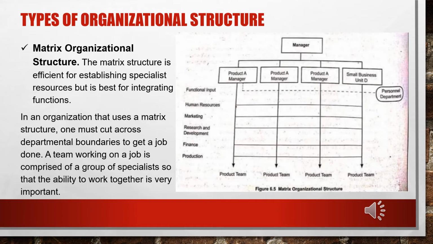So, yung figure 6.5, ini-illustrate niya kung how teamwork among the production, marketing, and finance specialists is required to complete the projects. So, in an organization that uses a matrix structure, one must cut across departmental boundaries to get the job done. A team working on a job is comprised of a group of specialists so that the ability to work together